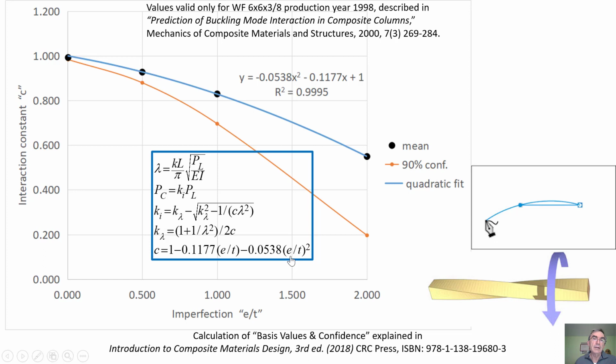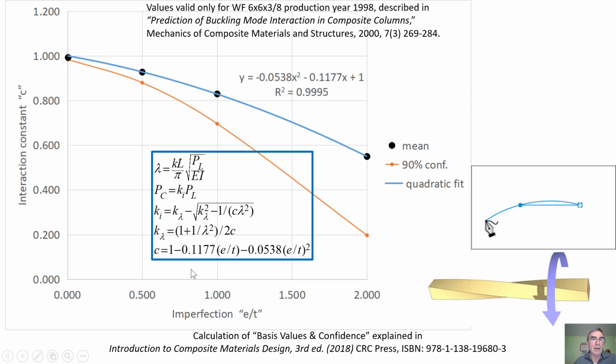Now, there is a question about what imperfection I should consider. This one, the sum of these two, or what? Early research, that's going on right now, suggests that it doesn't matter. But I'm not going to swear it doesn't matter because I don't have all the facts. But in principle, it appears that whether you put this imperfection or that, the interaction will take place, and it will take you more or less to the same place, the same load reduction. All that really matters is the amplitude of the imperfection. But I cannot swear by that because I have to do more research to find out if that applies in general and with confidence and all that jazz.